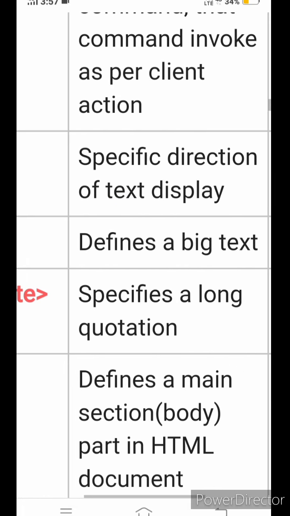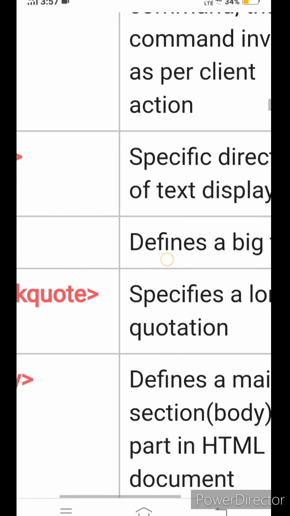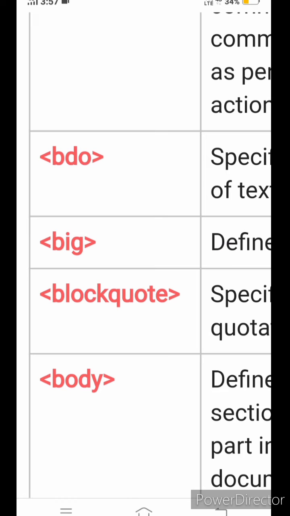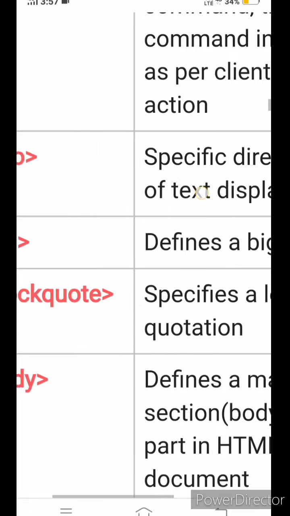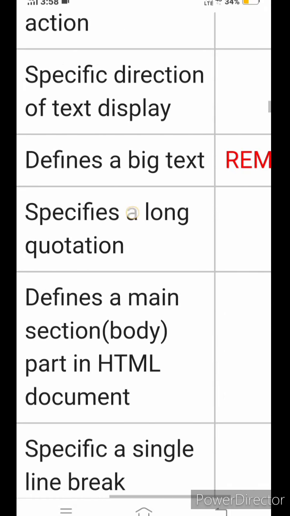BDO. BDO is a tag that specifies the direction of text display. If you want to display text in a specific direction in your HTML document, you will use the BDO tag. This is also in old and new versions in HTML. Big tag defines a big text.